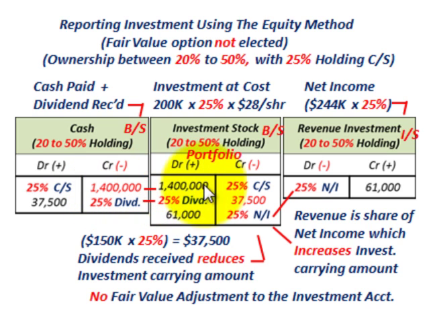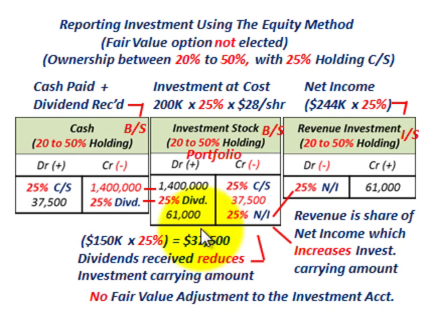Okay, so now this is where the equity method comes into play, and it's all going to be working off this investment stock account. So first, let's look at the case of those dividends. Corp B had paid cash dividends of $150,000 for the year, and Corp A would get 25% of those dividends, which is